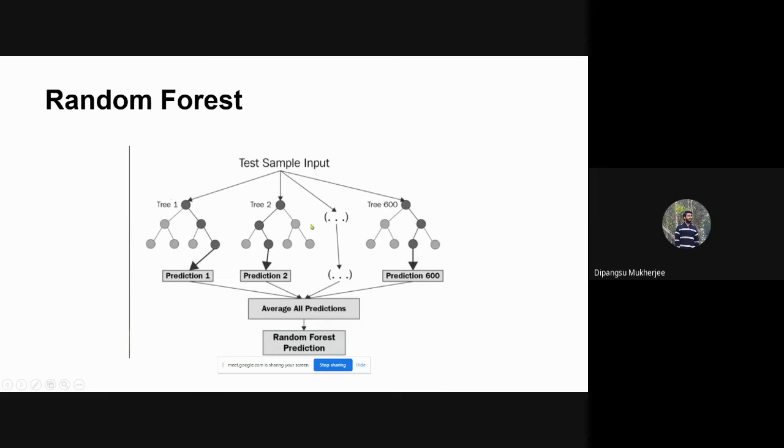Based on these decision trees, each will predict an output, that is prediction 1, prediction 2, and up to prediction 600. And based on these predictions, we will average all the predictions and get one prediction.